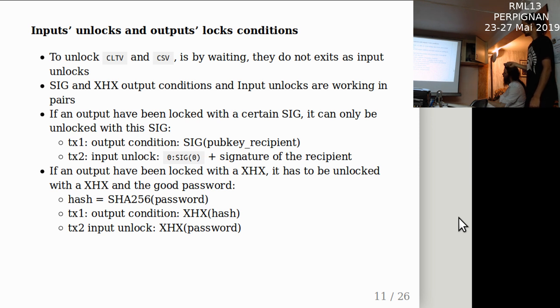The recipient, if he doesn't have the password, won't be able to unlock this source, so you have to give him this password. We'll come later in detail about this, but this allows cross-currency transactions, which is a nice feature, but not implemented by any client today.